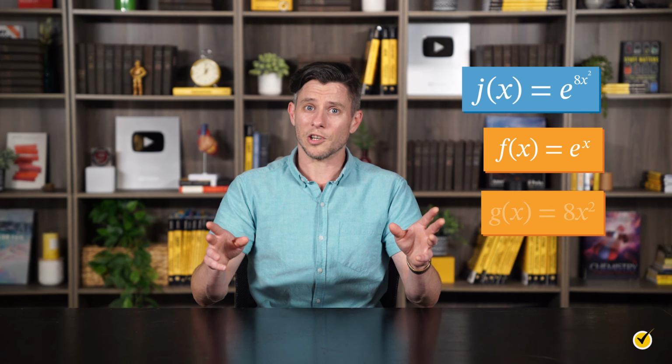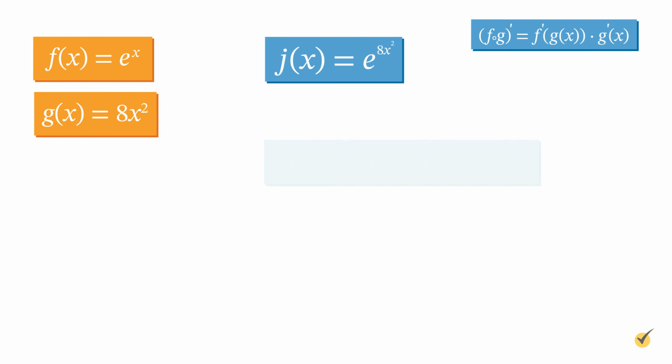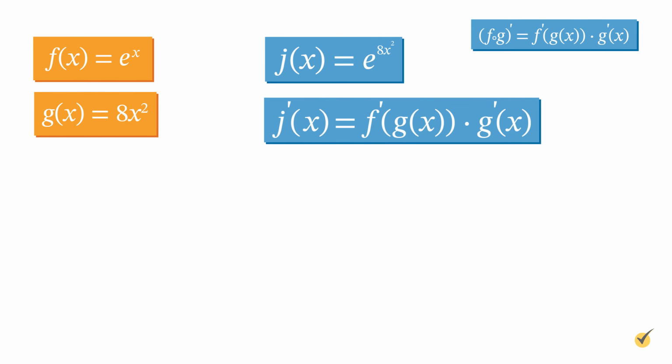This function may look a little intimidating, but we have the tools necessary to work through its derivative. In this case, the outer function is the exponential function e raised to a power. The inner function is that power, 8 times x squared. To get the derivative with the chain rule, we need to first write the derivative of the outer function with the inner function